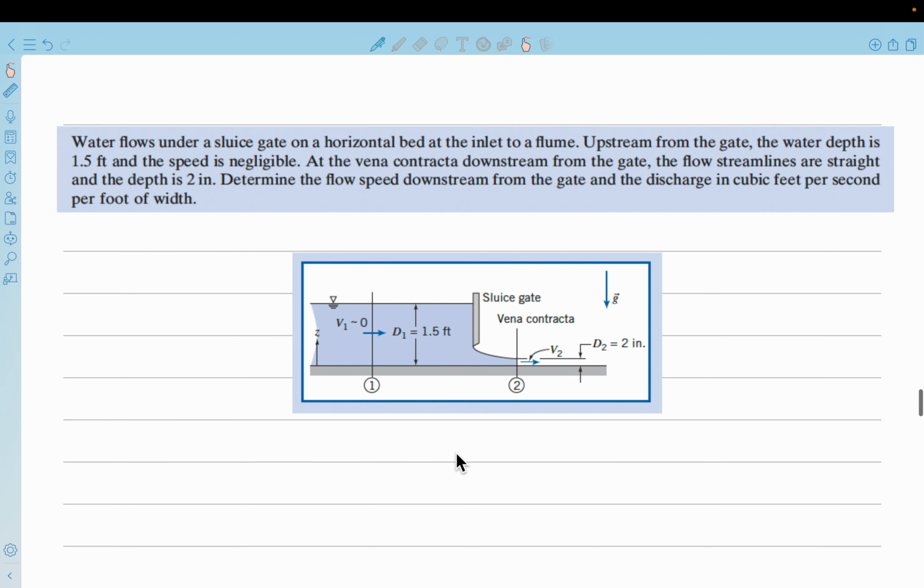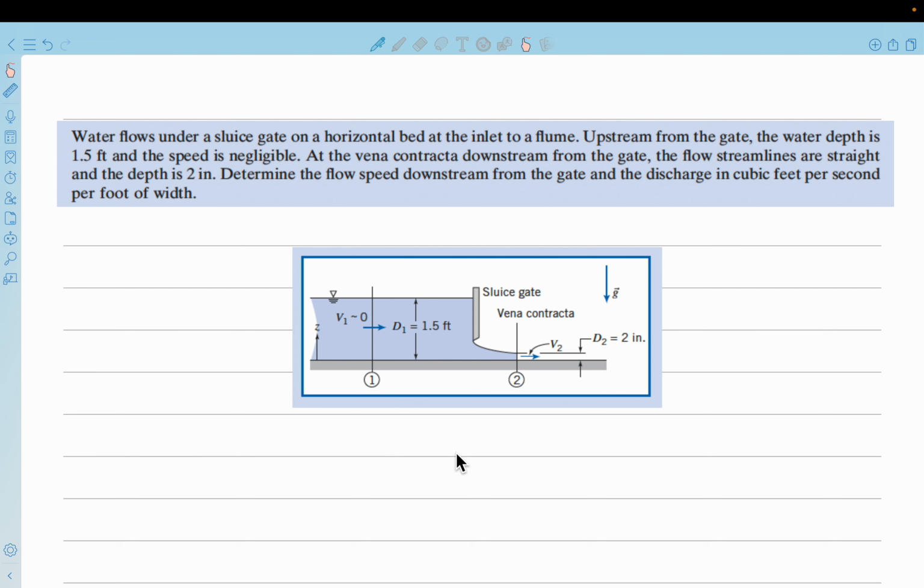So this question, one thing, let me warn you, this is not in SI units, this is in feet, inch, those kind of units, but wherever needed I'll help you with the conversion. Okay. Now let's see the question. So we have water flowing under a sluice gate on a horizontal bed at the inlet to a flume. Okay, so this is some setup where you have this typical type of gate, and upstream from the gate you have water at a depth of 1.5 feet. So this is what you have,